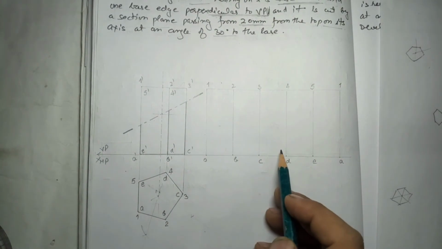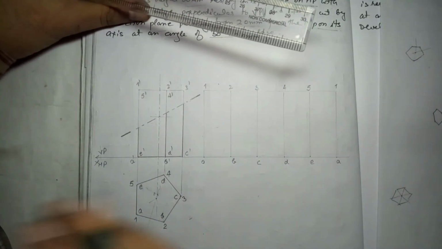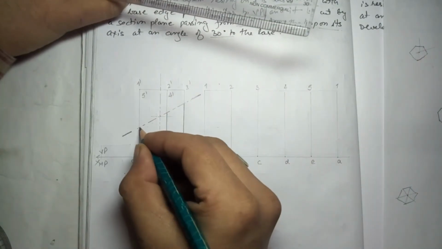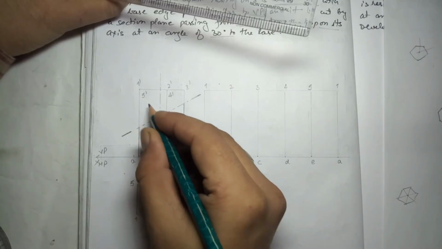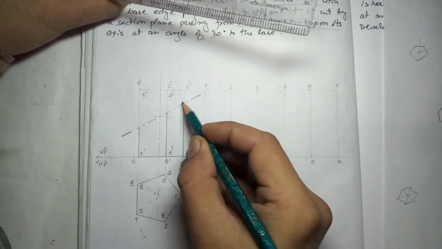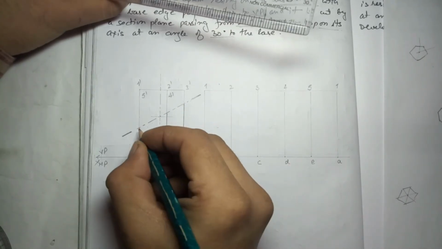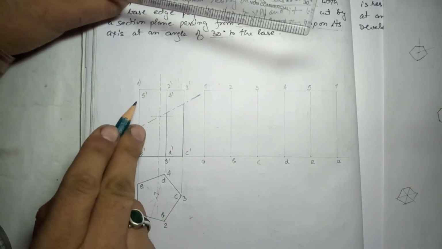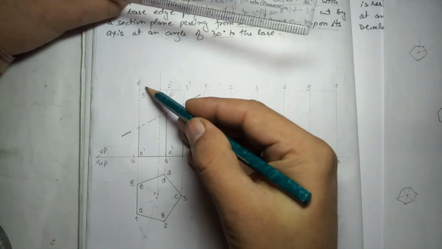like this. Right, now what we do, we have to modify this also. How we modify? It is just similar to the previous question. First of all, we have to mark the point, the intersection of section line with the face edges. So there are face edges 1 2 3, okay, and it is intersecting and it is giving the point here. So I have given the numbering up to 5.